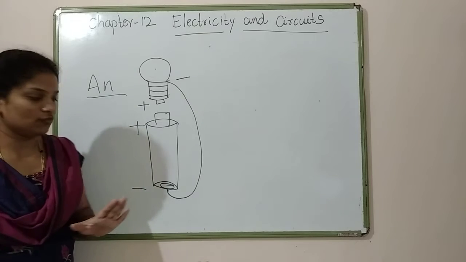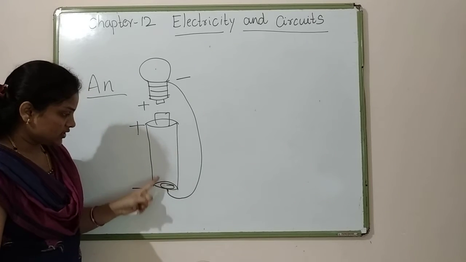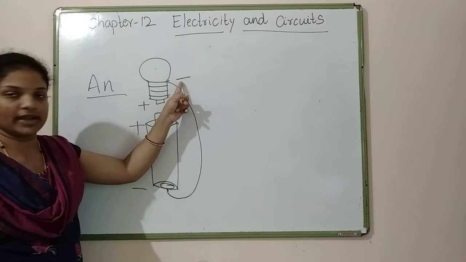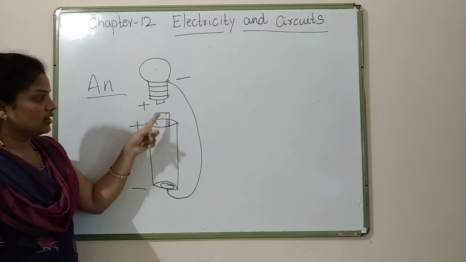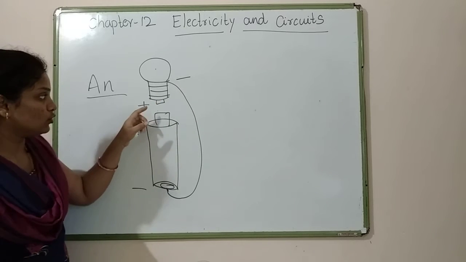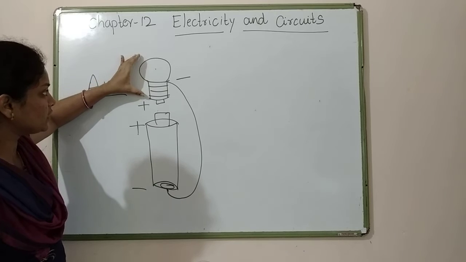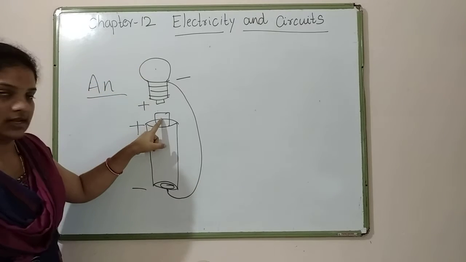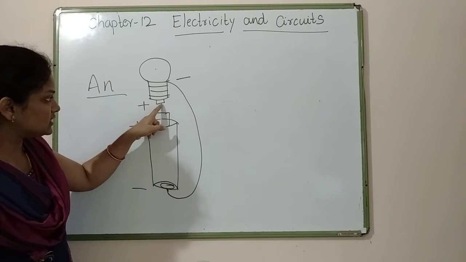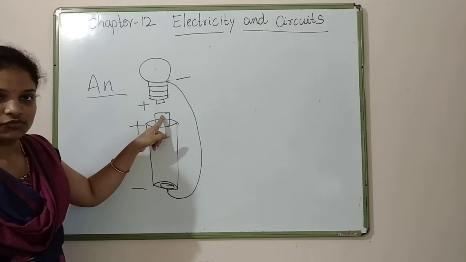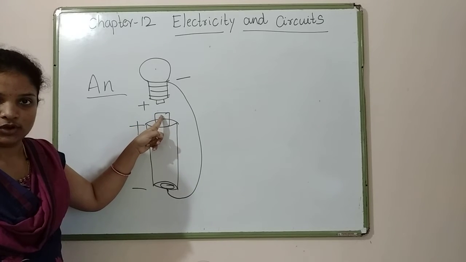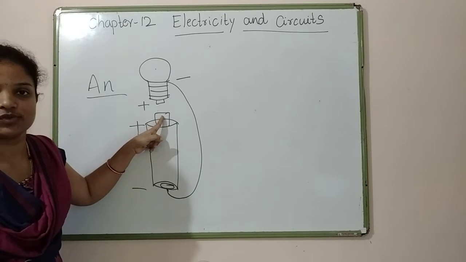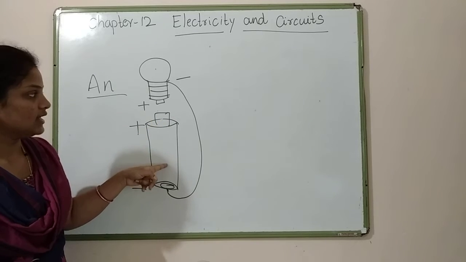Take one wire, connect the negative side of the cell to the negative side of the bulb, and here you don't connect anything. Don't connect any wires. Directly take the bulb and attach it to the cell. You directly touch the tip of this bulb to the cell. What will happen? Will the current flow? You have to check this. So do this activity at home.